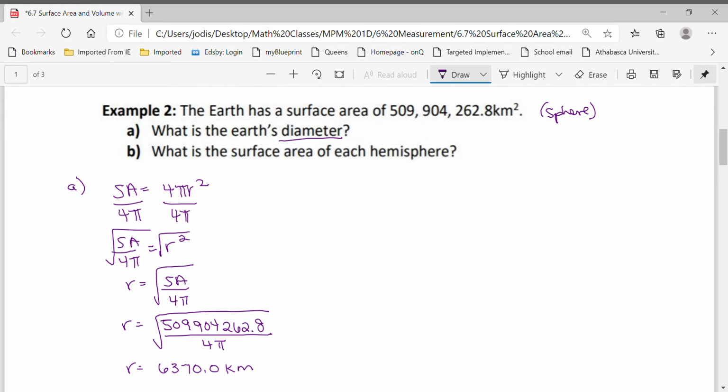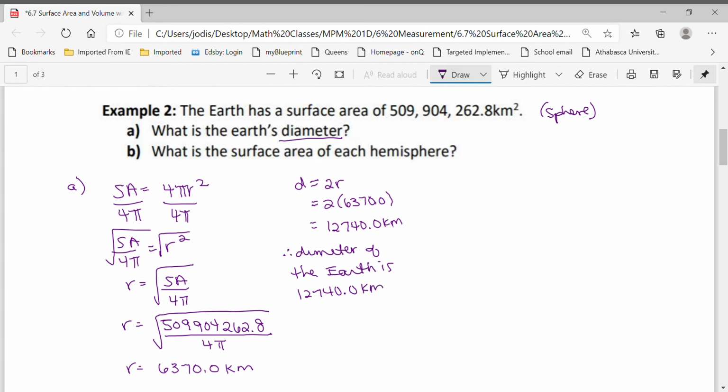But we want our diameter, so diameter is just 2 times the radius. So 2 times this, and we get 12,740.0 kilometers. So therefore, diameter of the Earth is